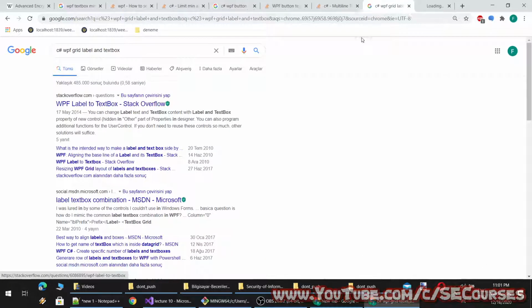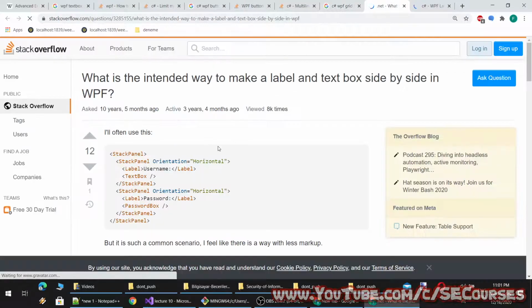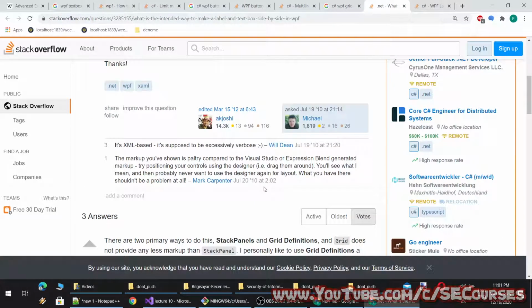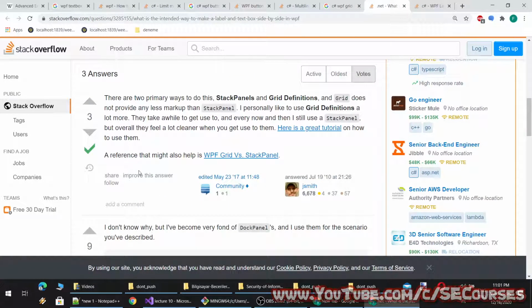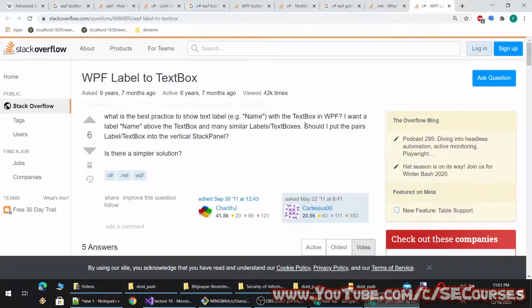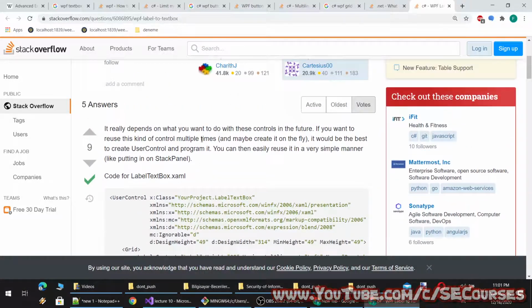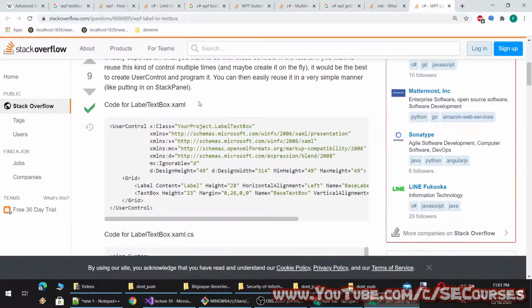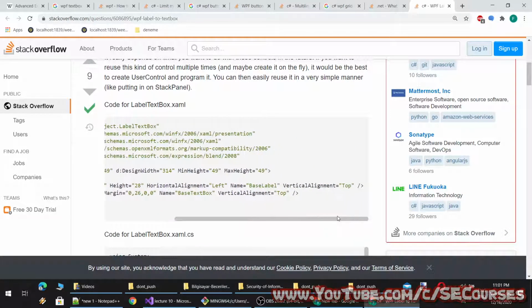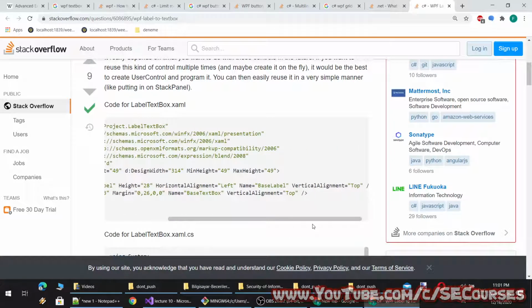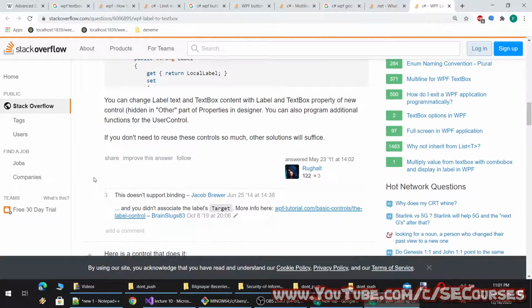How can you make the effect of a table? I am looking for that. Okay, so people are using some stack panel for this.